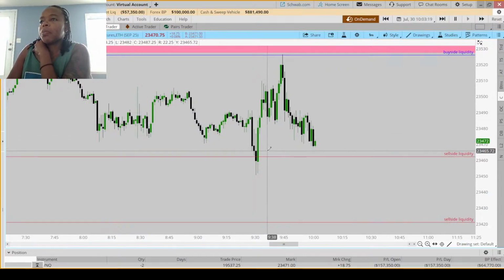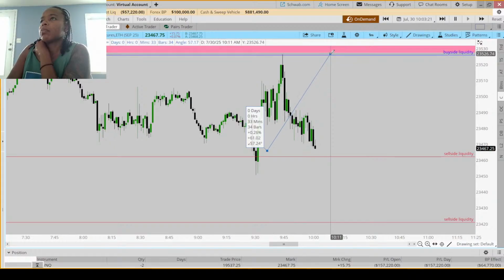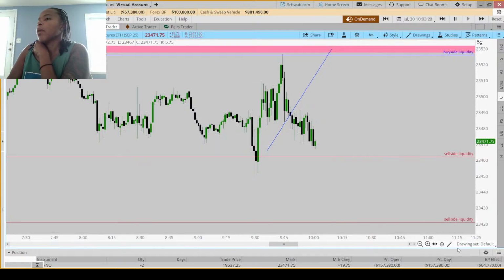But my setup would say take it here to go into this. It did? Okay. My setup would have said take that. So let me look at TradingView to see if my stop would have withstood that, if I had taken that. Let me just see. So let's go to Wednesday.